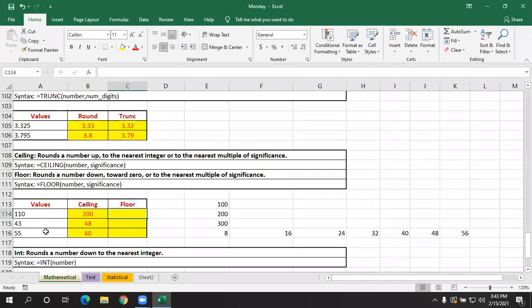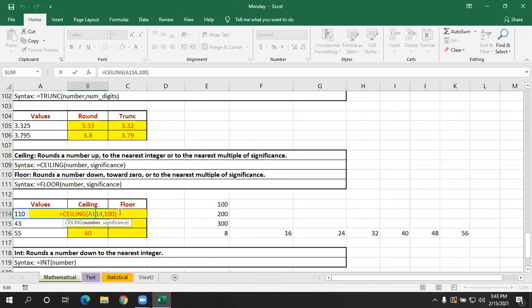Now here we have done ceiling. So it will check for the top value, but floor will check for the bottom value. Now I'll give equals floor is a function. I'll select 110. Then I'll give multiples of 100.